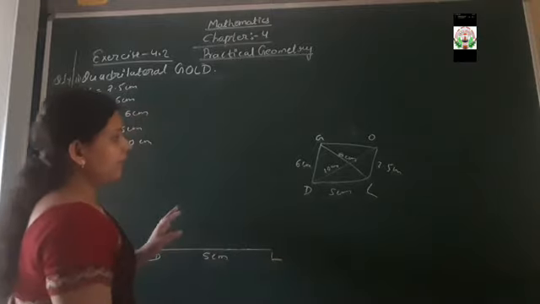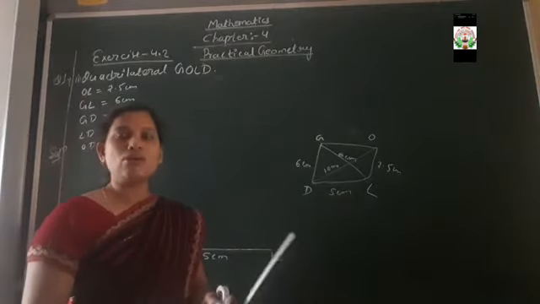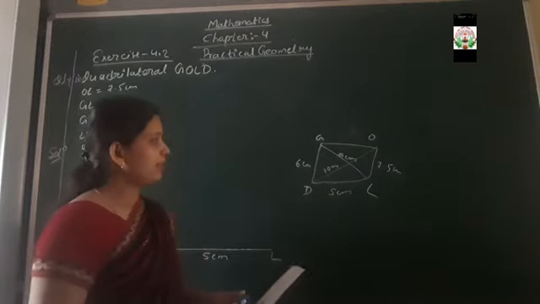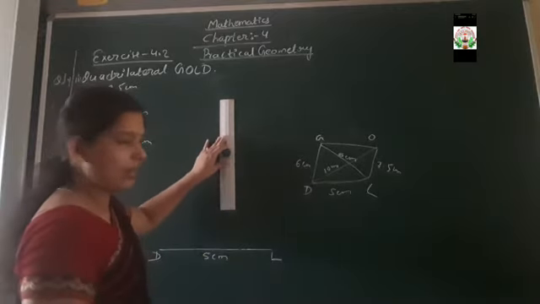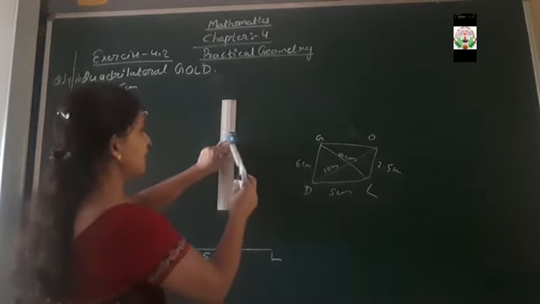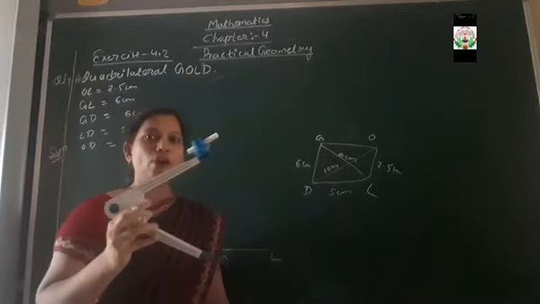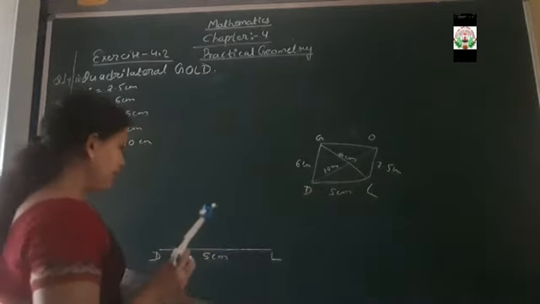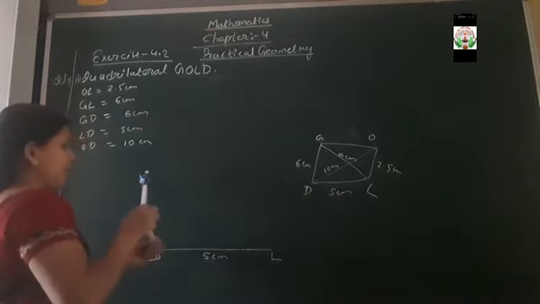Clear? After labeling that, what you have to do? By taking the rounder, on the mouth of your rounder, how much centimeter you have to measure? First it is given 6 centimeter, so we are going to measure 6 centimeter on the mouth of the rounder. So keeping the needle at point O, stretching the pencil part up to 6 centimeter. Okay, so here removing that, we got the measurement on the mouth of the rounder, that is 6 centimeter. Clear? Now keep the needle at point O, drawing the arc.